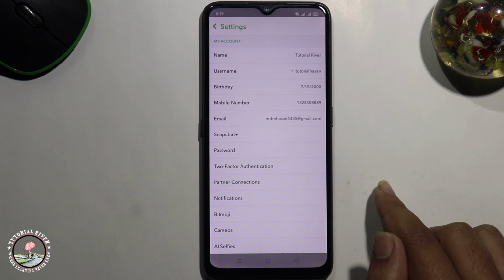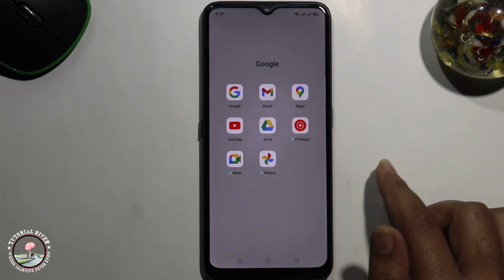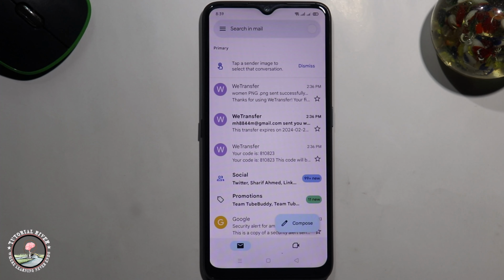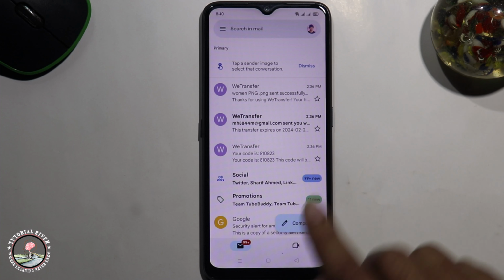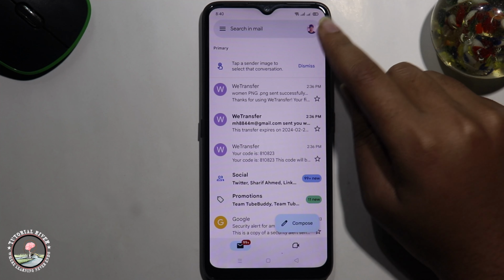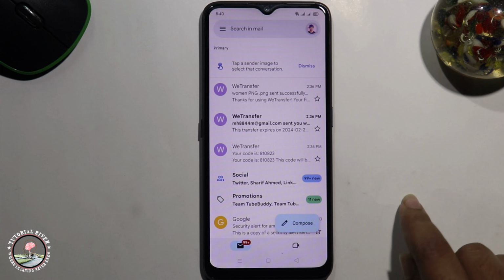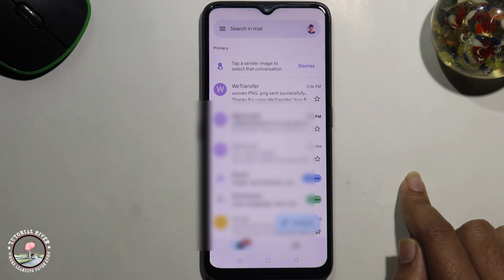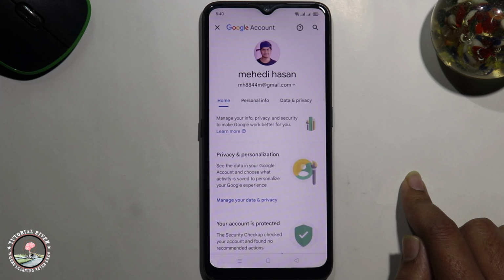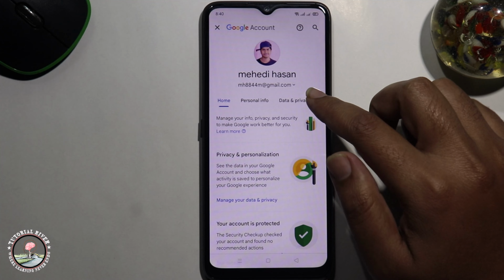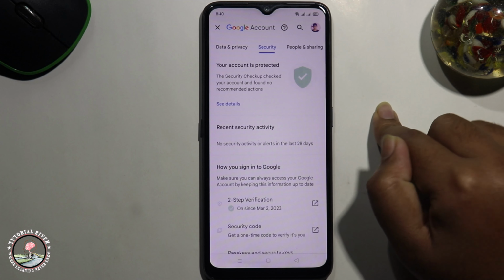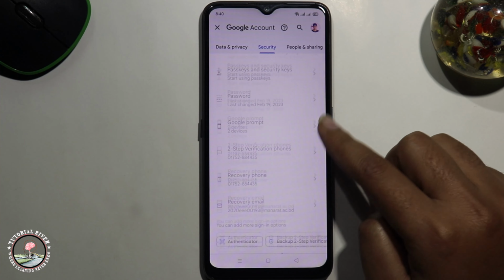So go back and open Gmail. Look at the right corner, tap on profile icon, Google account, swipe left to right side. After that, click on security, scroll down,